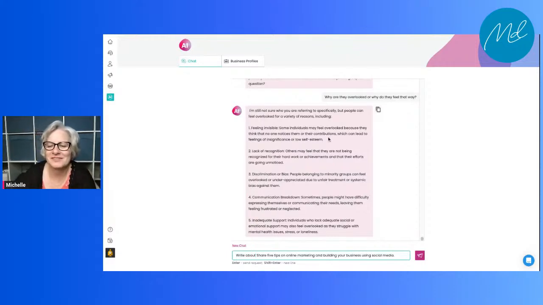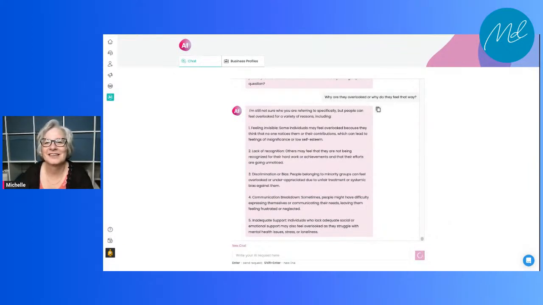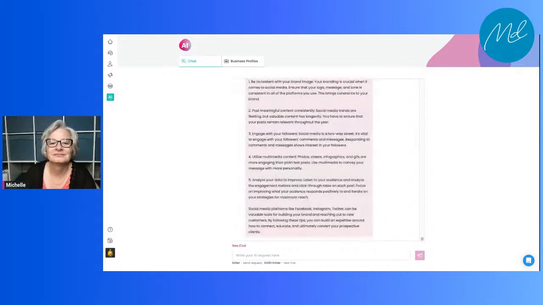We'll see what happens. I'm going to click this little magenta button, and it's thinking. Let's see what it does. Hopefully we'll get 5 tips or something if I put it in right. It's been a pretty cool little tool to use thus far. And look right there, we got some tips.